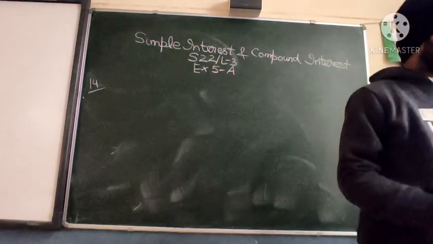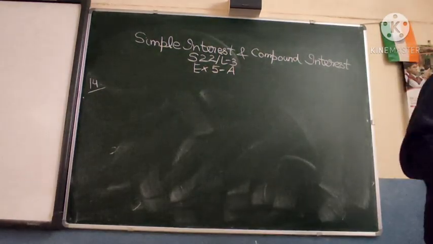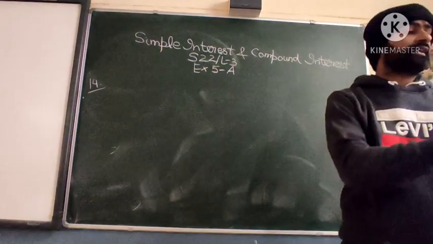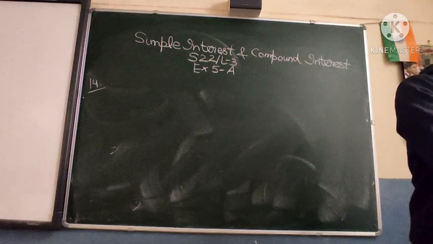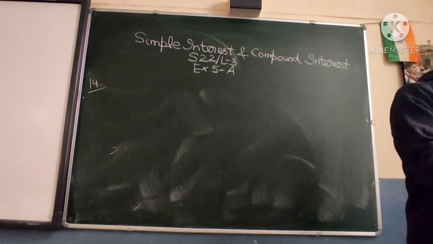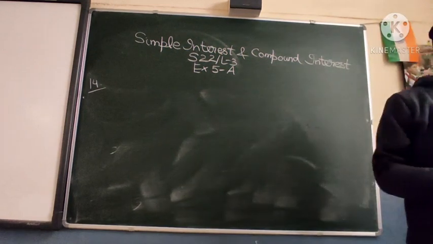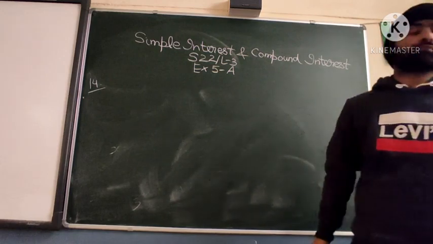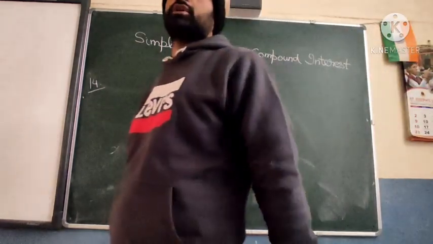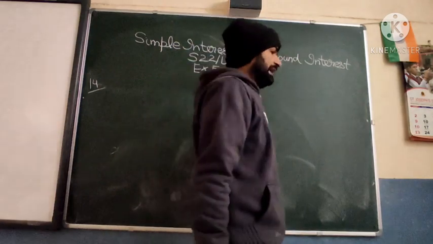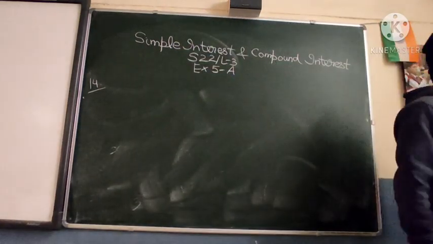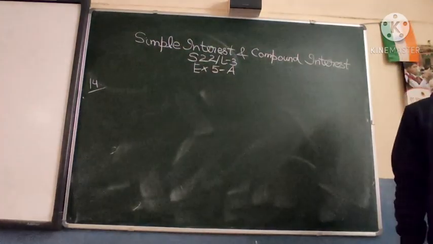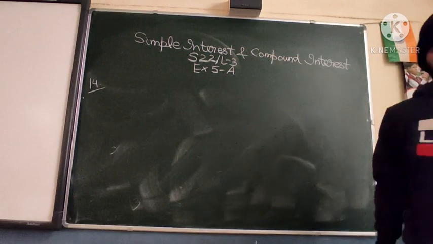Right now I'm taking question 14, which says a sum of money is invested for 3 years at a particular rate of interest. If the rate of interest were 3% per annum higher, the interest would have been 1467 more. Now, what is 1467 more? This is the extra money, or you can say the simple interest that is earned is more. So let us take the sum of money as x.